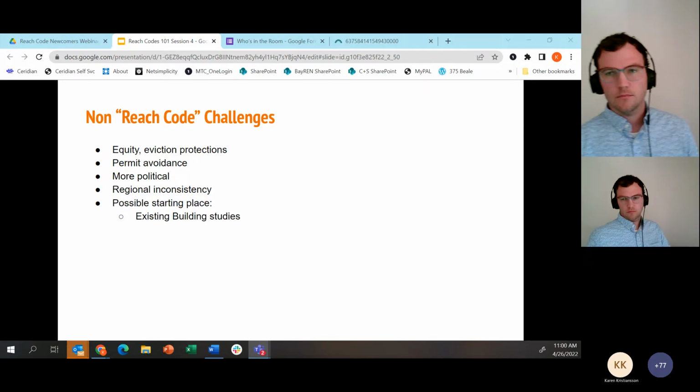So we're actually seeing a lot this code cycle of whole regions trying to do exactly the same thing to mitigate that challenge. And I just want to point out that certainly there's some really great work that's happening in the existing building space right now, doing full assessments of building stock. Again, you can go to the Cost Effectiveness Explorer and actually find out some information about your own building stock and how old each of the, like a breakdown of age of the buildings in your region, at least the residential ones, can be found on that website. So to help you start to understand kind of the extent of the challenge that you're faced with.